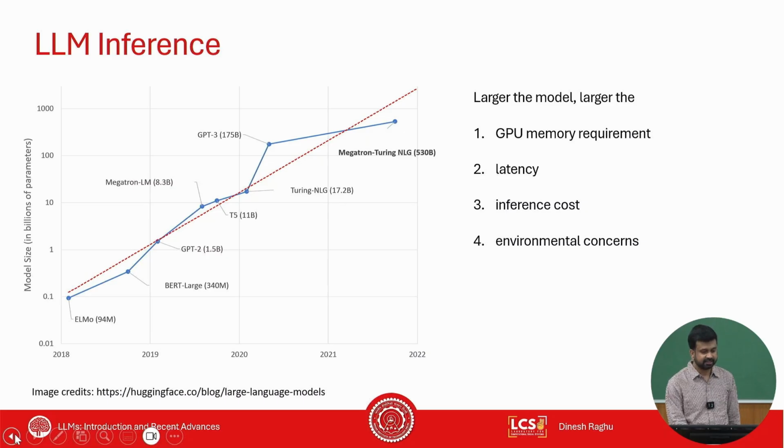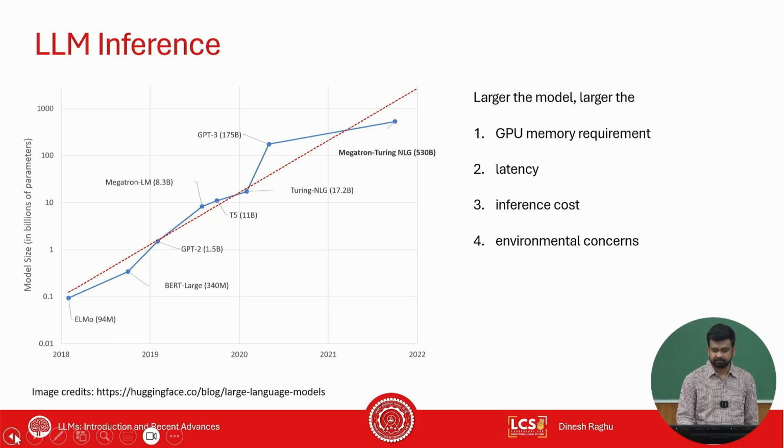So the first thing, like we discussed last time, is that the bigger the model is, you'll have to buy new hardware to support things, right? And it's not so monetarily friendly to keep buying hardware as and when the model keeps growing over time, right? So this also puts a cap on how many organizations can actually run these LLM inferences.